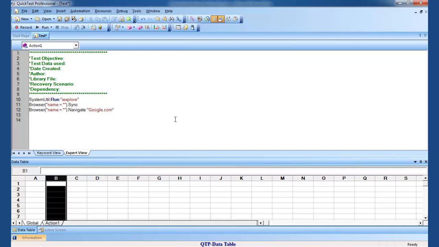So this is our basic script. In this script, I am going to use the system utility function Run, and through that Run I am going to open Internet Explorer, and in line 11 I have mentioned browser name equal to dot star. It means I am using a regular expression, and I am using Sync. It means I am telling QTP to wait until the IE browser is loaded, and only then execute line 12. Once line 11 is synced and the browser gets loaded, then navigate to google.com, or let's change it to